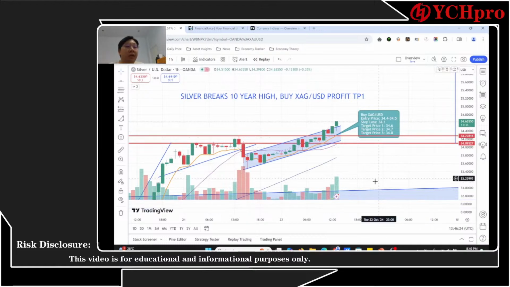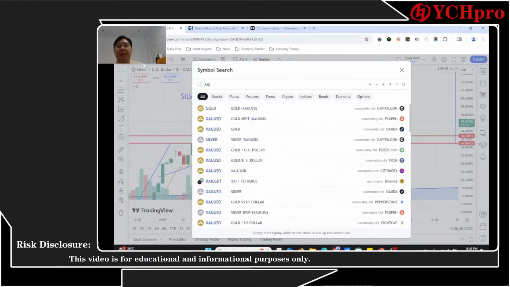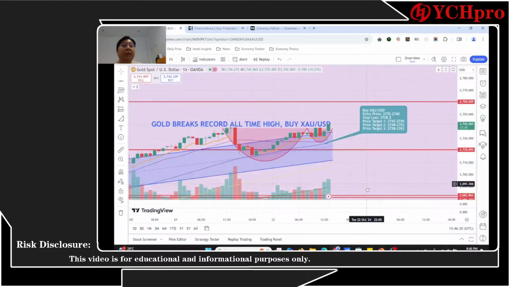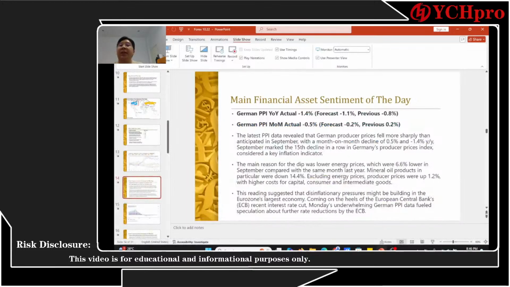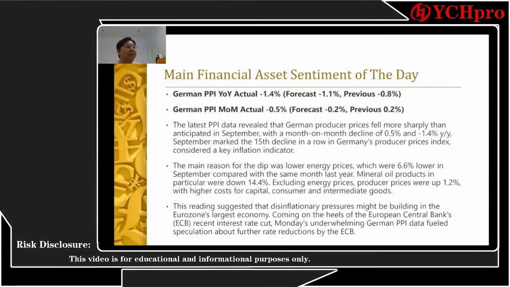Okay, so good signs. Silver is jumping even higher than gold, so that's a good sign. This is also a good sign. We are near to our first profit target as well. Everything is showing us some good signs on the market. Okay, but right now maybe we can look out for some information on what really happened yesterday.